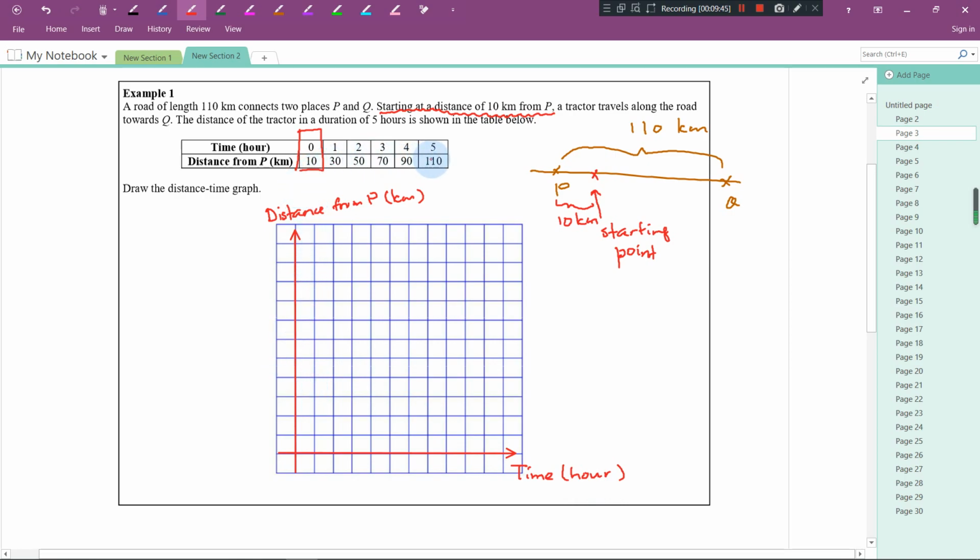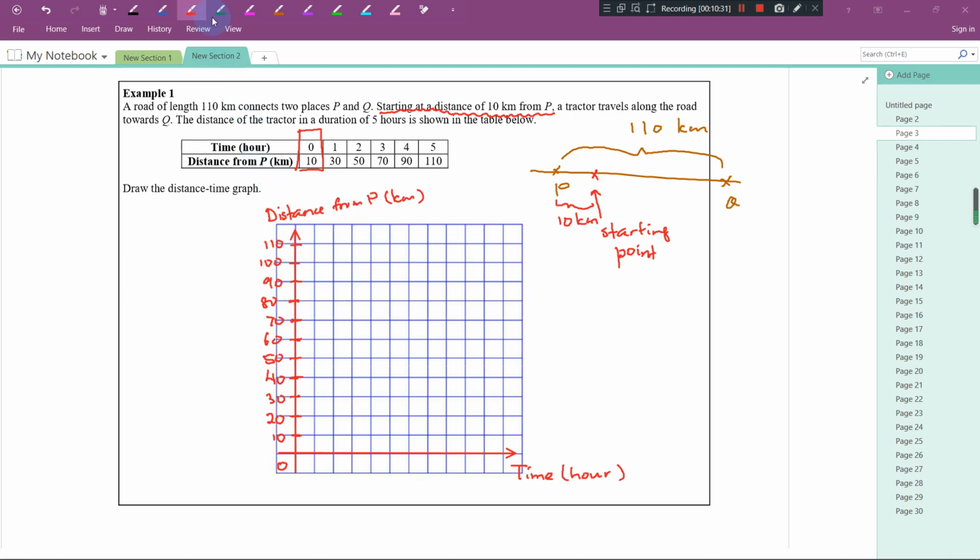So for the distance, the maximum is 110, the minimum is 10, so we start from 0. So 10, 20. I don't want to make it too crowded, so I label 20, 40, 60 like this. So 20, 40, 60, and this is 80, 100. Okay, I think I better label it because here I want you to see 110. So this is 10. Okay, so we have finished labelling